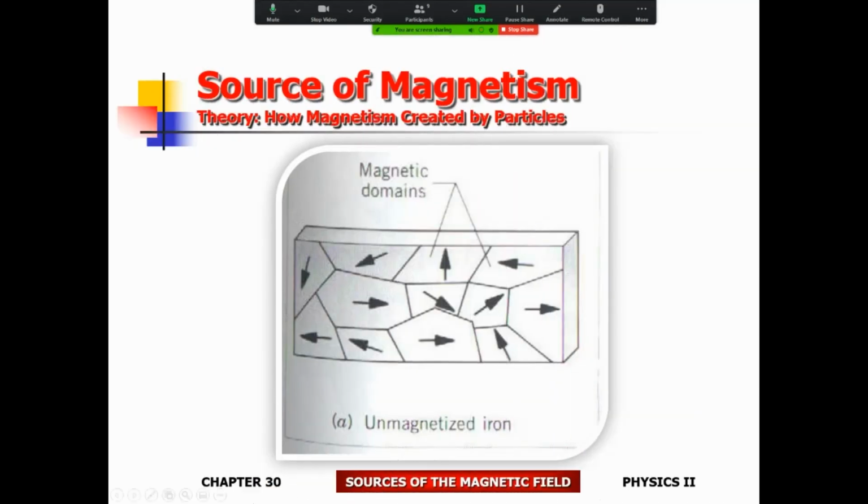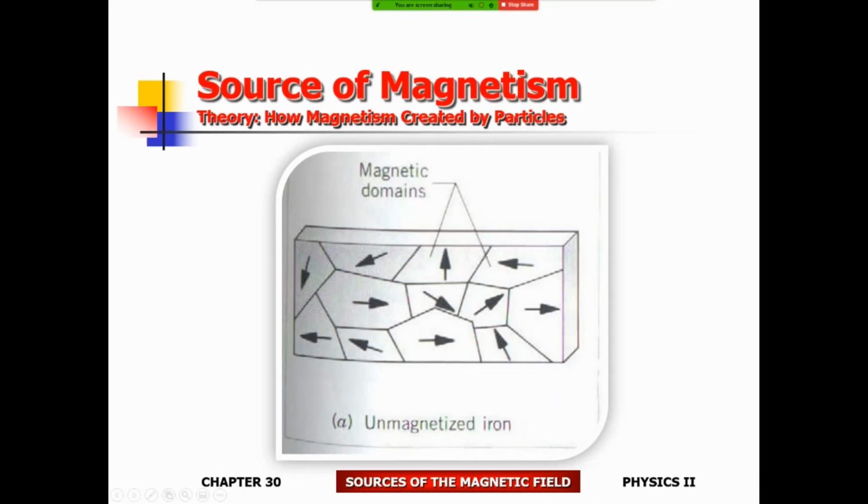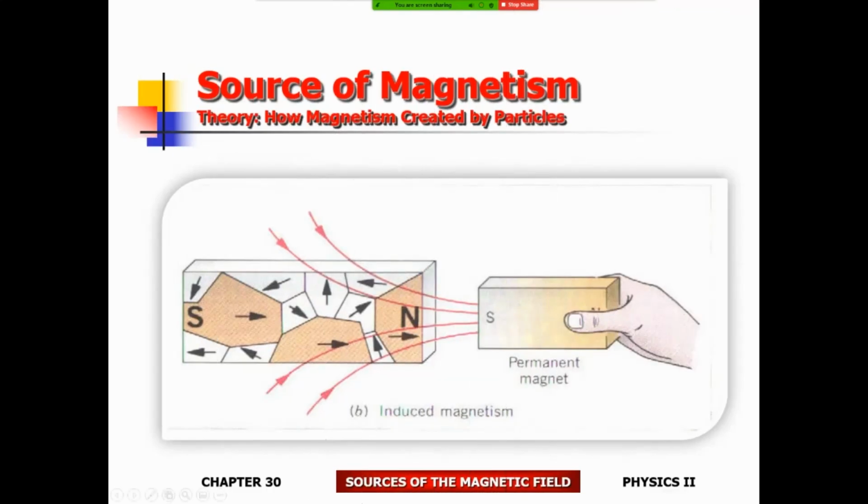Within iron, obviously, you've got these domains within which the atoms are pointing in the same direction, which means that their magnetic dipole moments are lined up in the same direction. If you can get the dipole moments of every single atom facing the same direction, then it becomes magnetized. You could do so by using a magnet. We discussed this